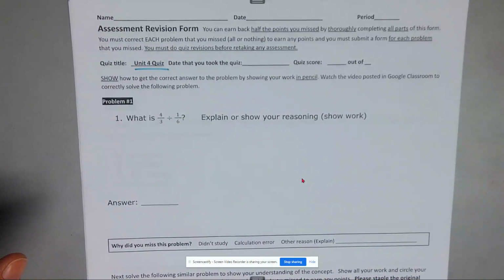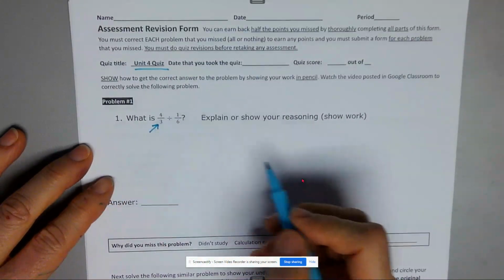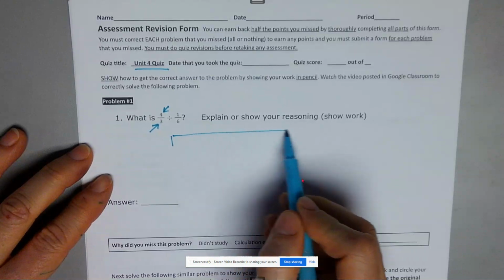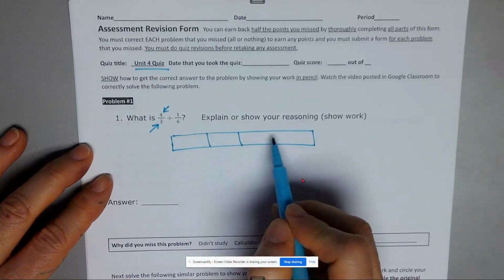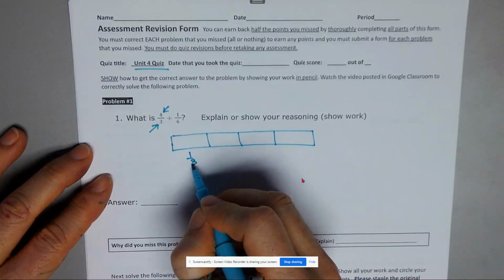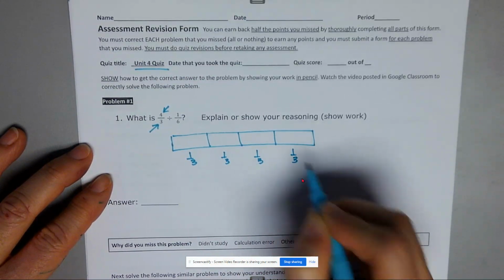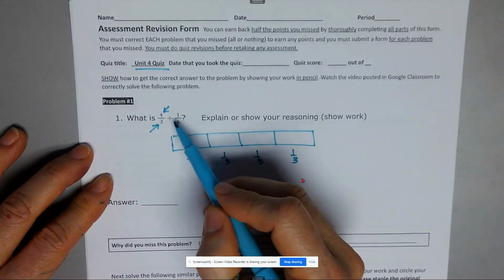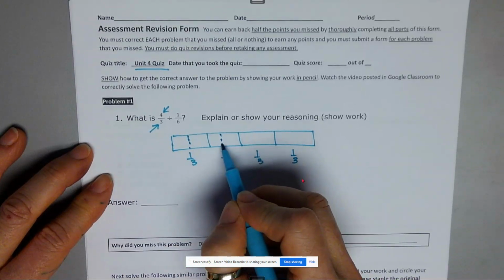All right, what is 4/3 divided by 1/6? So I'm going to draw my thirds, and the top number tells me I need 4 of them. So this is a third, this is a third, this is a third, this is a third. Hopefully, most of you know that a sixth is half of a third. So if I cut them in half,